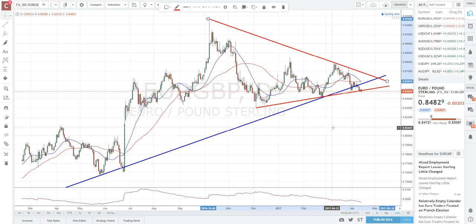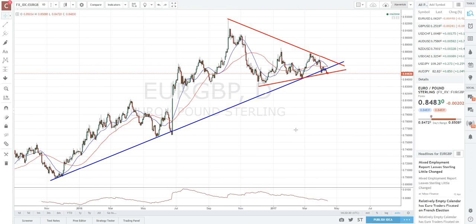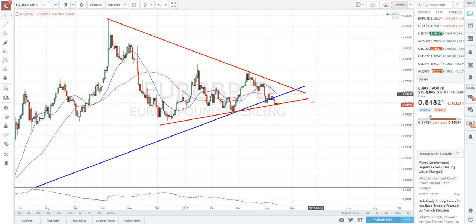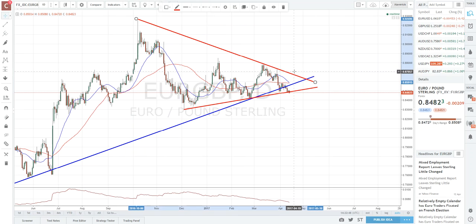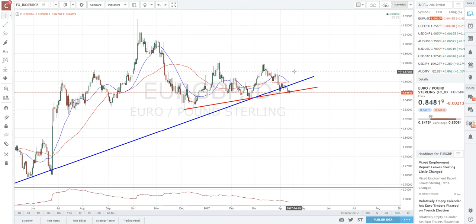And if you zoom out, as you can see, we've got a symmetrical triangle pattern forming here. This is a pattern that can break out in either direction, but as you can see, we were looking to break out lower because the trend has now switched to a downtrend. So that is how you could have used that other chart, that other tops of a trend line. Because once it's in a downtrend, you're going to be connecting the tops,